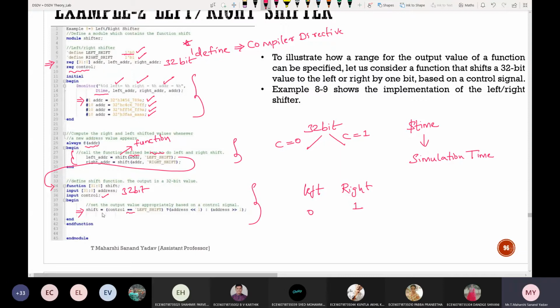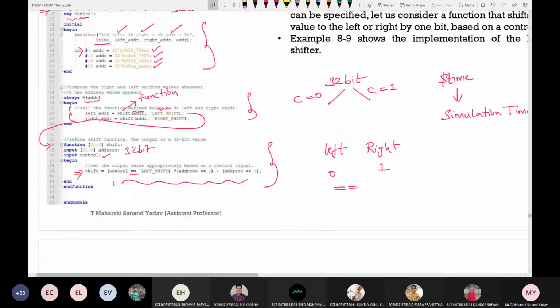What is this called? Is it an assignment operator or an equality operator? It is called the equality operator. And what is this entire statement called? Ternary operator, or else conditional statement.